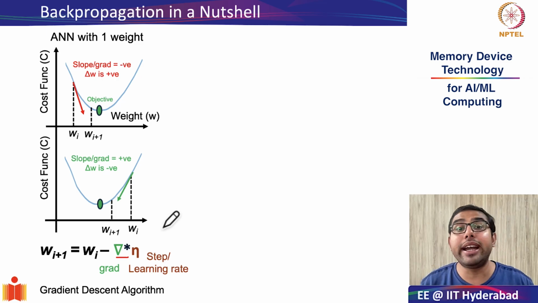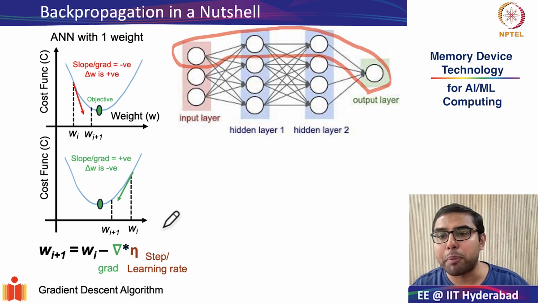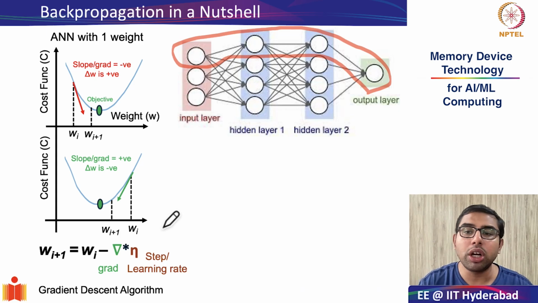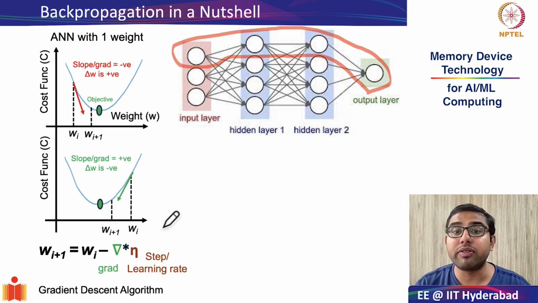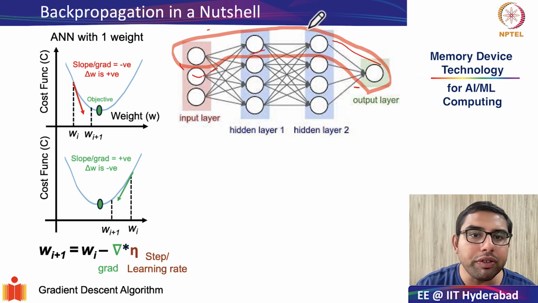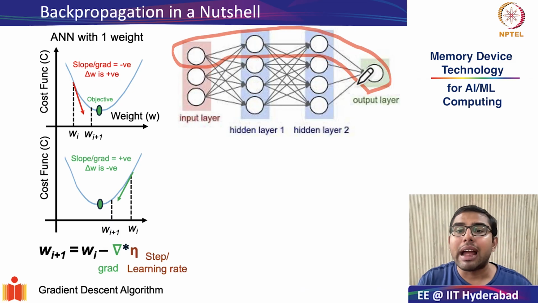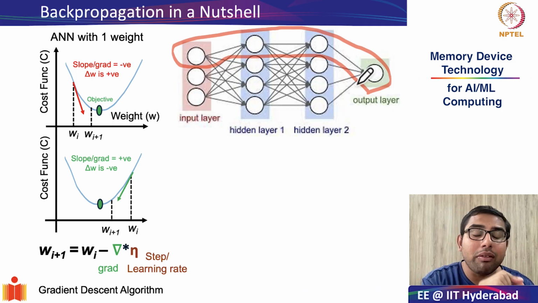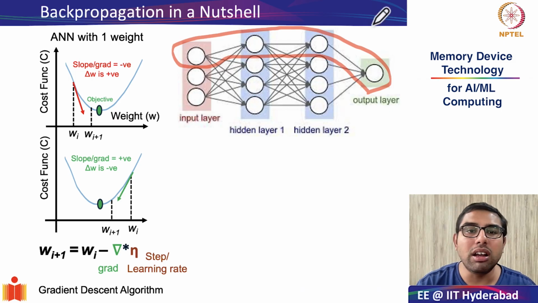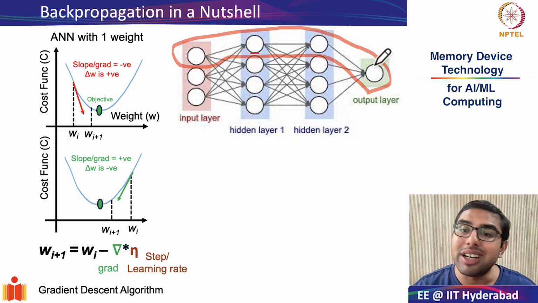Now, how this gradient descent algorithm is actually applied in a neural network is what we will see. And that is the fundamental of backpropagation. We will see backpropagation in action with a very simple example. Remember the simple neural network that we studied in the last class? What we will do is consider only one slice of neurons in this complicated neural network. And we will see through the shaded region, where there are only two hidden neurons between the input and the output, what happens in the gradient descent algorithm.